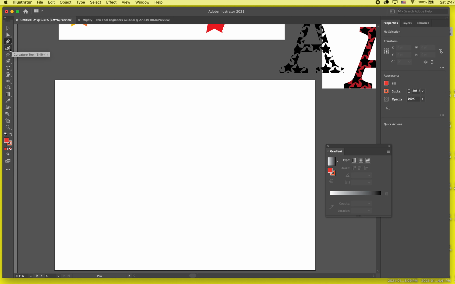And there's also this new curvature tool, which is a similar thing to the pen tool, but I'm not exactly sure. I think you have less control over it, but it's for making curves. So I'll just show you the curvature tool first. If I go here, I'm just clicking down, and I click again. Once I've clicked again, you can see my line. There's like this curve. So I'm altering the kind of curve of this line